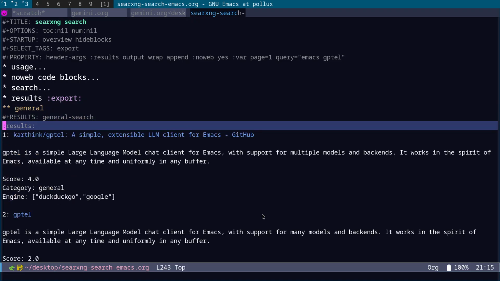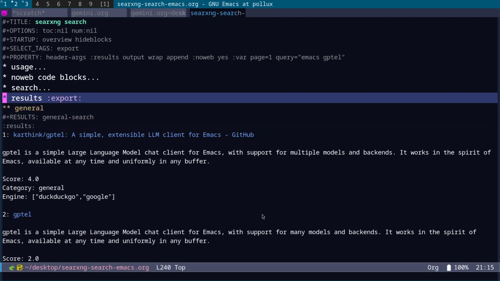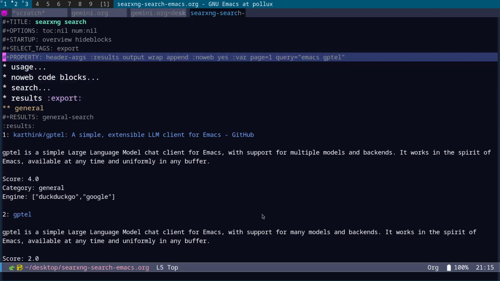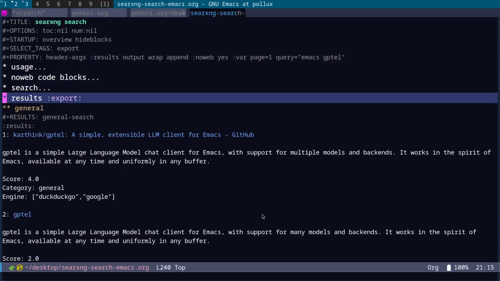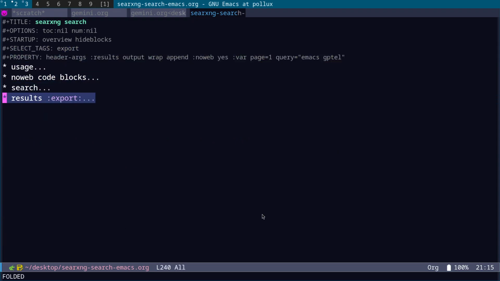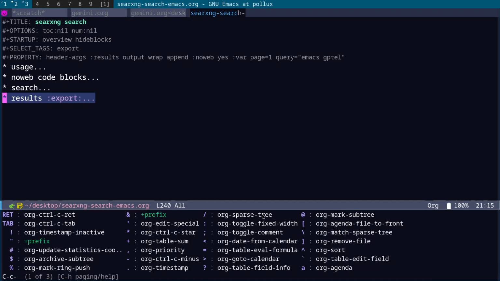And then what you could do, as I said, is you could take these results. What you'll see here is I've got this results export. Okay, so let's have a look at this. Select tags export, and we've got export on the results. So what does that do? So if I run Control C, Control E,